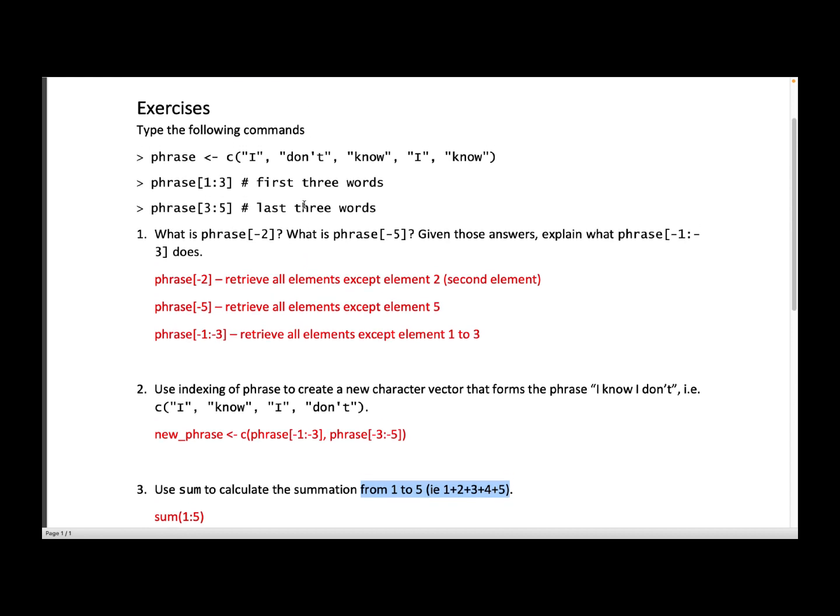So the first one is asking us to make a vector called phrase, whereby we have the following letters as items in the vector called phrase, and the list of items are 1, 2, 3, 4, and 5. Okay, so already we've been able to go through how to install R and R Studio. If you have installed R and R Studio, you just need to copy this and take it to